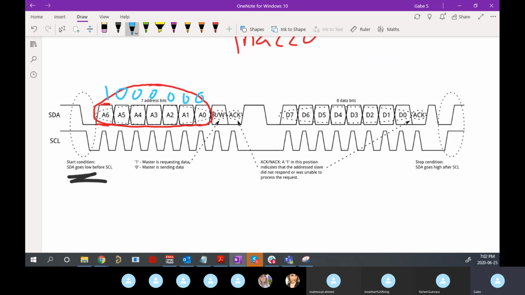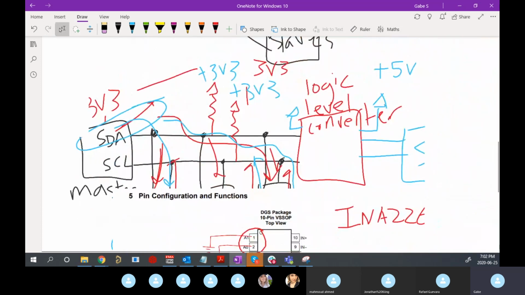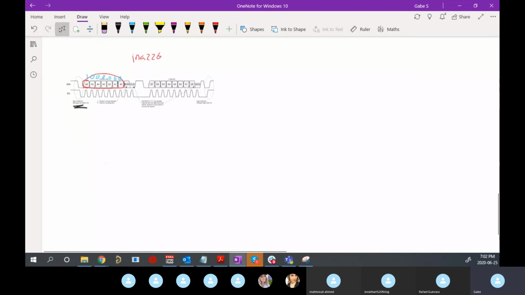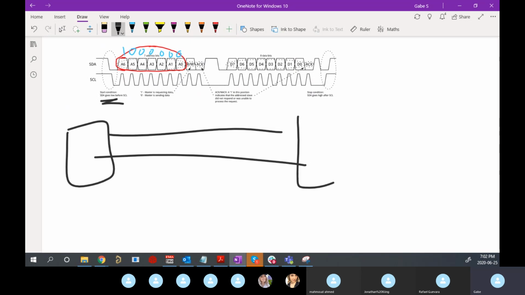1000000. Now that I've sent the address, I'm talking to everyone on my bus. So for example, let's say I have more than just one. I have a lot of people. Maybe let's redraw that. But if I have a lot of people,